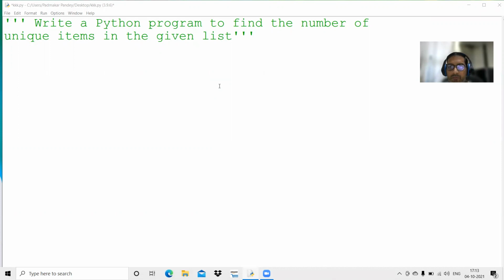Hello everyone, I'm going to tell you how we can write a Python program to find the number of unique items in the given list. Suppose we are given a list L and it has certain elements. Some of the elements are repeated, and we need to write a program where we find the number of unique elements or unique items in